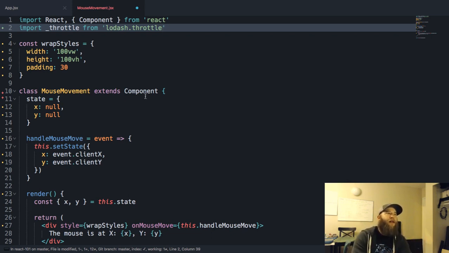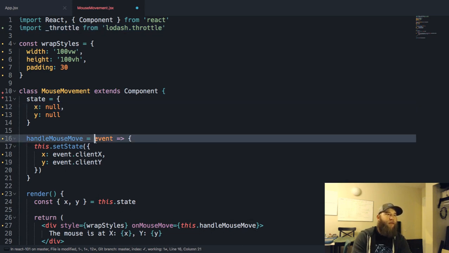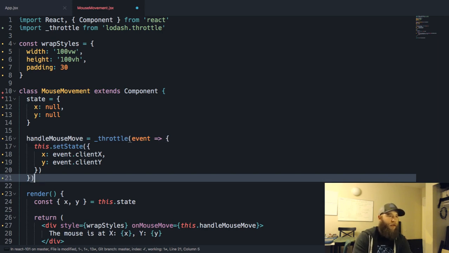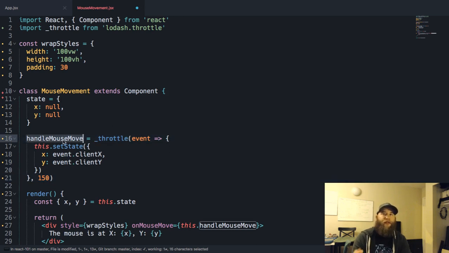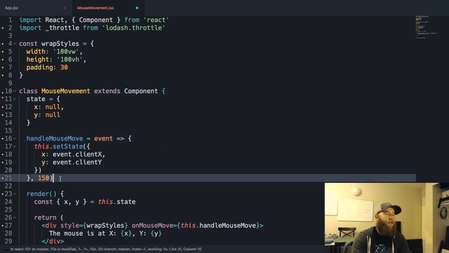But let's say you get throttle. What you'd actually do is throttle your handler, and you might pass in 150 milliseconds or so. I'm not sure of the function signature, but that's what would end up getting bound, your throttled function, right? So that's a way to do that. Hope that gives you the answer you were looking for.